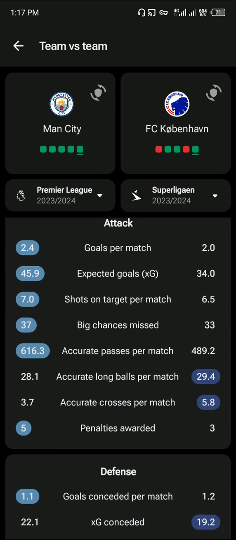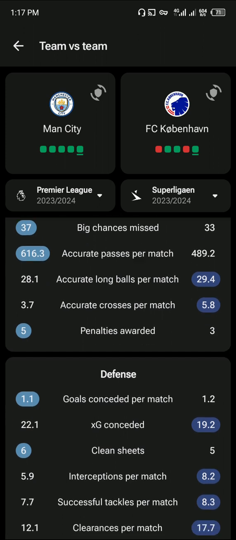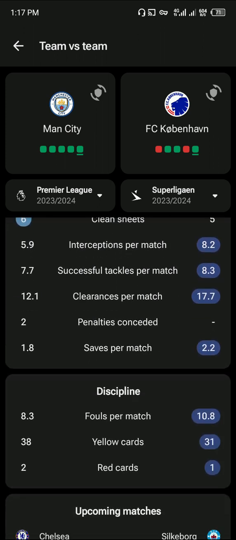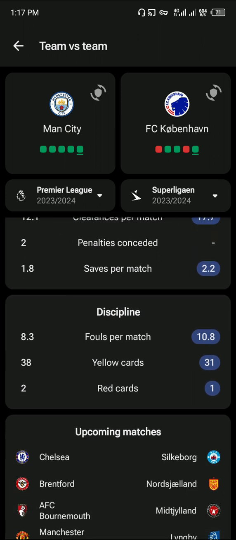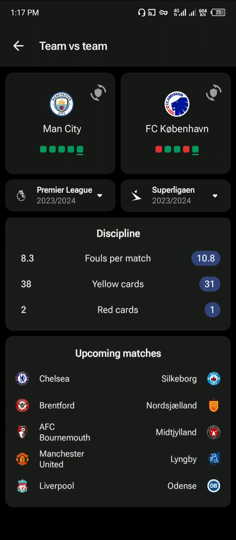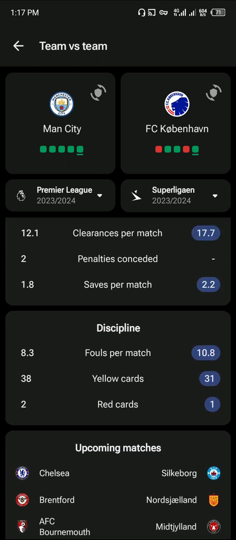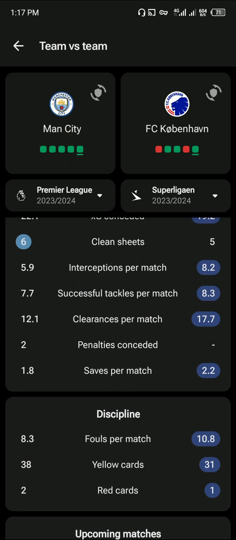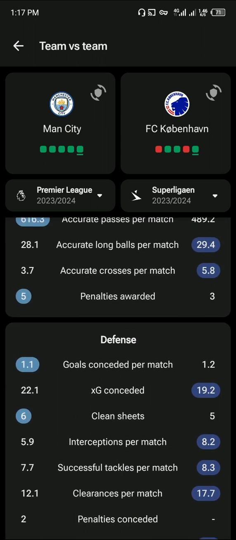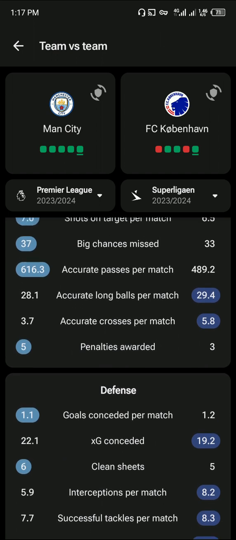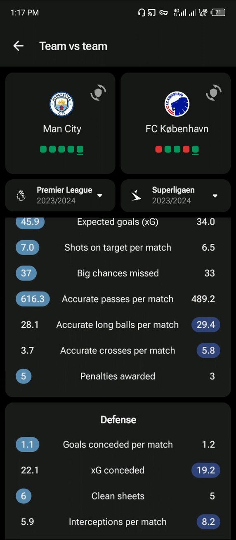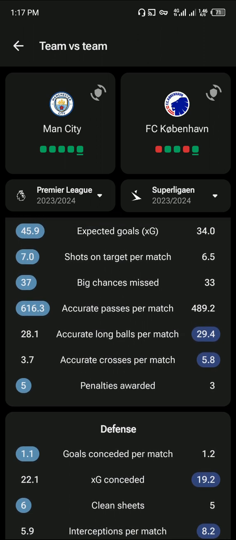If they are playing a high line, how high they play can determine the tempo of the game and get into some pockets of space, and I think they will be punished if they are not properly doing the basics of defending. So I think with these seven steps, if we have an in-depth analysis on any match you want to predict, you are good to go.